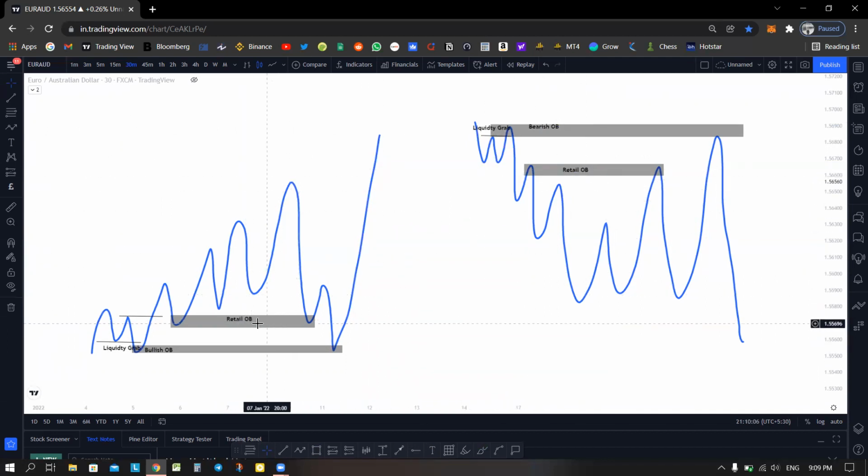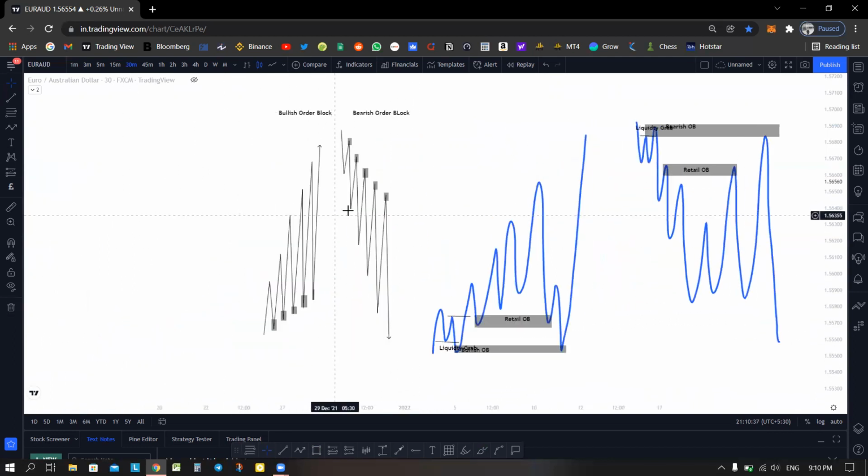You have seen that this order block also got respected, but it didn't give us as many pips as this one. So in both comparisons, this one is the good order block because it is responsible for the break of market structure. The other is also responsible for a break of market structure, but this one also took out liquidity. So this one is a good order block to use as a point of interest.